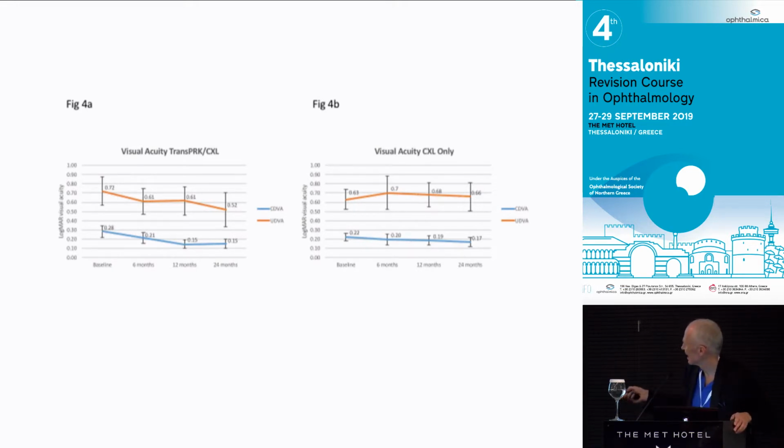It certainly gives better vision if we do a statistical test on this. We've got cross-linking only on this side, and we've got the combined treatments here. Interestingly, we did see some improvements with the cross-linking alone, but we saw bigger gains with the combined treatments. You'd expect that. And patients were typically taken from around about the driving standard, poor visual